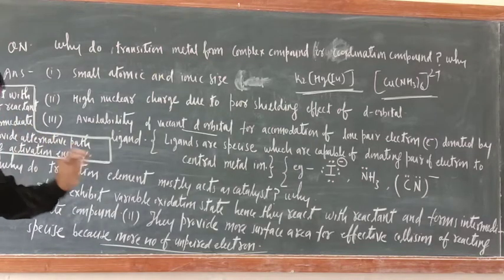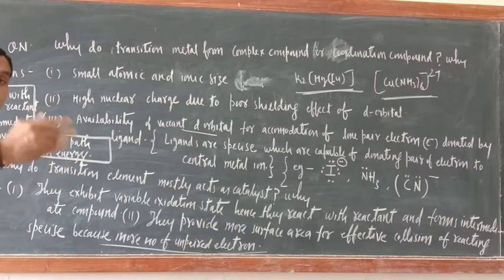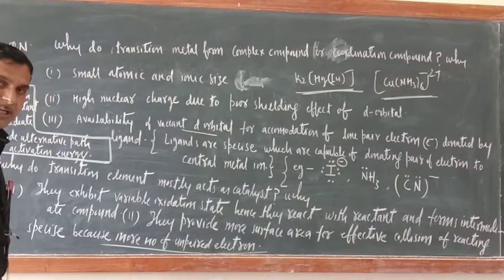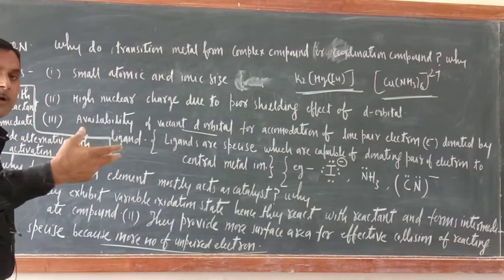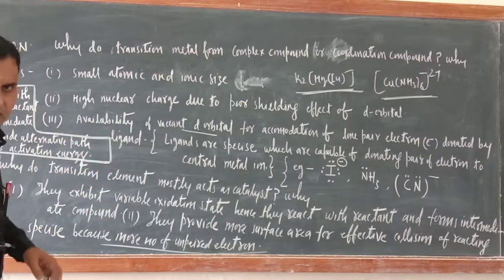Now just see, in the third step, the transition element is helping in the reduction of activation energy, isn't it? The more the activation energy, the lesser the reactivity of the reactant. These catalysts provide an alternative path by lowering the activation energy value for a particular reactant. So if the activation energy value is lowered, the speed of reaction will be more and the chances of product formation will be more.